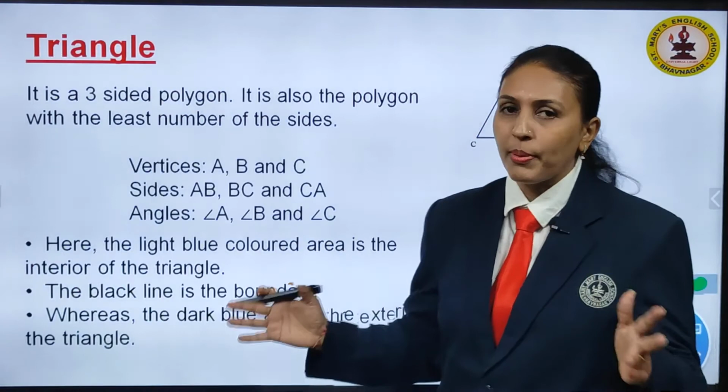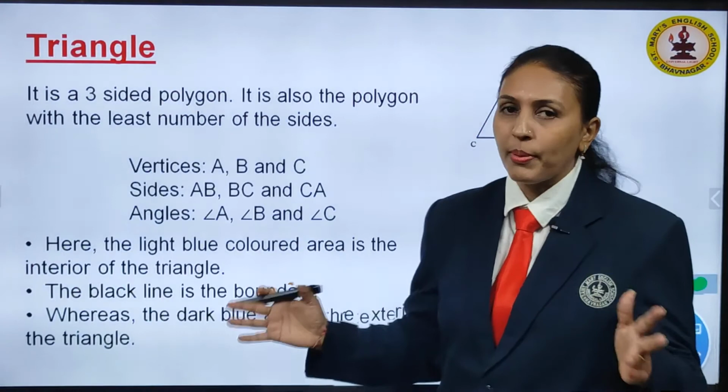Next, children, we have the interior of the circle. We had learnt this, and we will do the same thing here, no worry. You can see here a circle is given, the grey portion you can see here is the interior of the circle, whereas this portion outside the circle is called the exterior of the given circle.